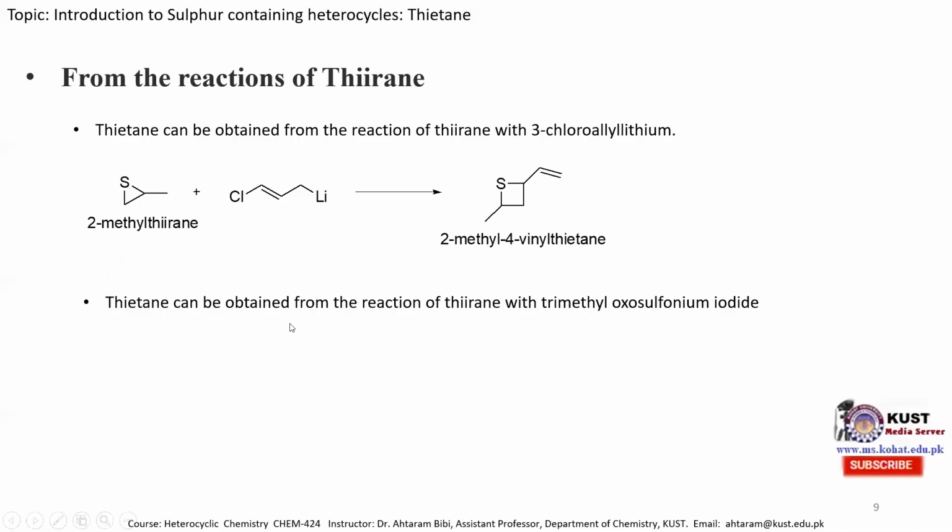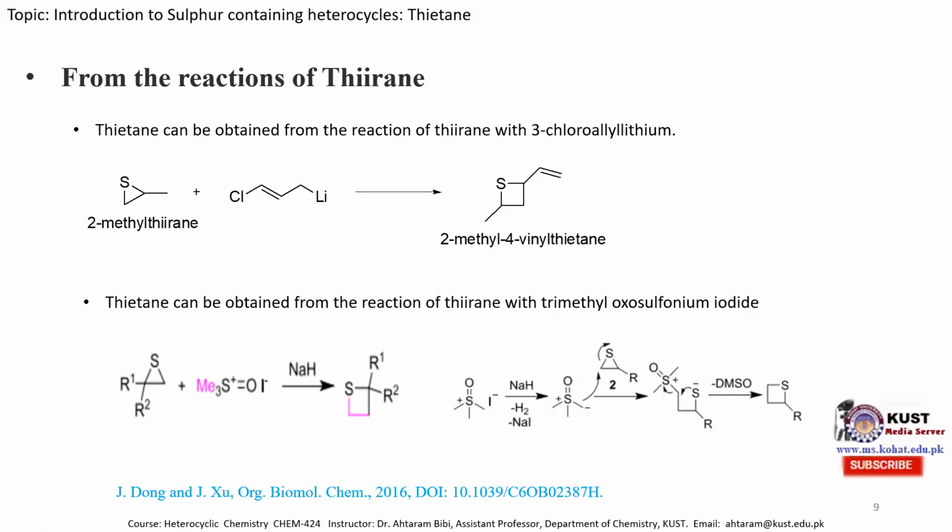Thietane. So Thietane can be obtained from the reaction of thiirane with trimethyl oxosulfonium iodide as well, as is mentioned over here. This is the substituted thiirane molecule, and when it is treated with trimethyl oxosulfonium iodide in the presence of a strong base, sodium hydride, one can obtain the Thietane molecule. And the mechanism is mentioned over here, that in the first step, the